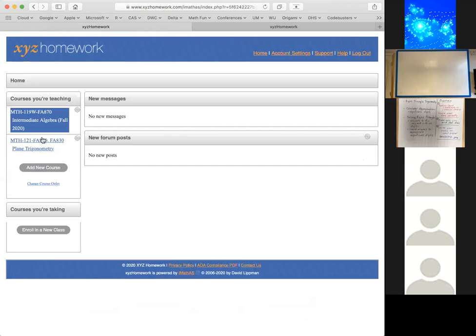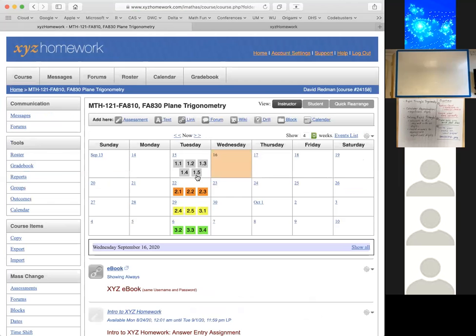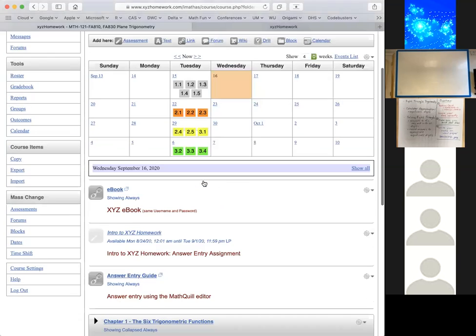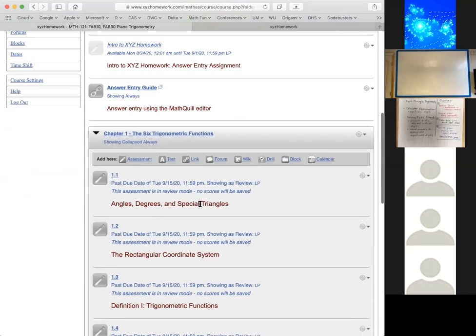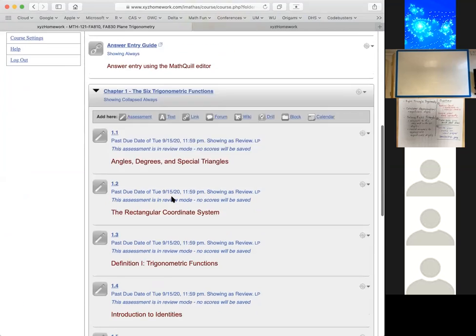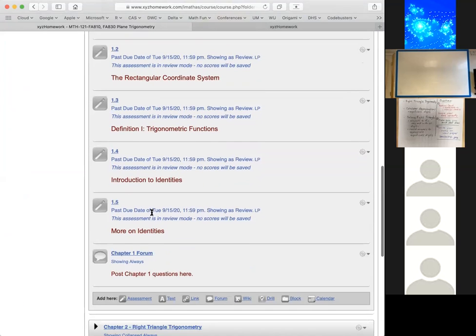And I will see things slightly differently than you see them. Notice sections 1 through 1.5 are grayed out because they're now past due, but they are available here for you to continue working on and studying. You can continue to use them. So if I went into 1.5,